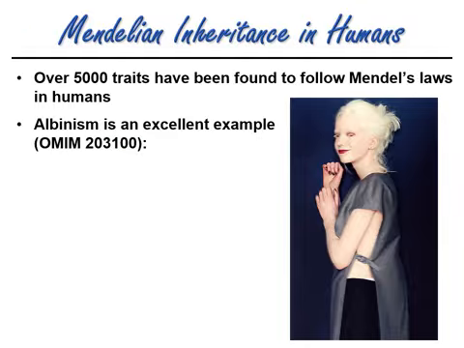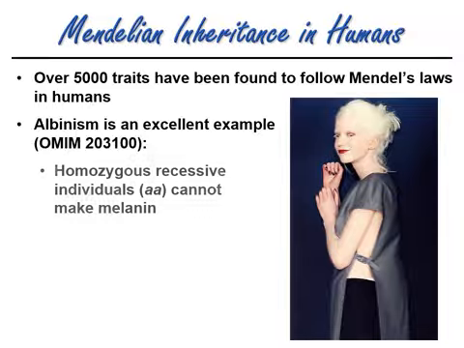So you could learn everything you ever wanted to learn about the genetics of albinism in OMIM, or any other genetic condition, disease, ailment, or just basically gene of interest, by going to that database. But let's look at albinism. There we go. So the only way that you have an individual that's albino is if you have a homozygous